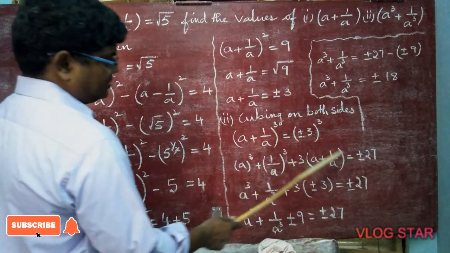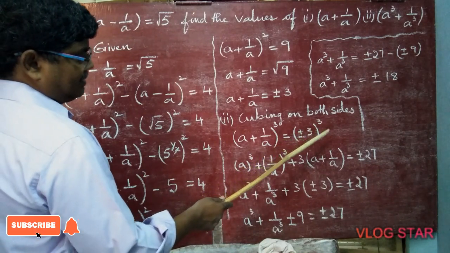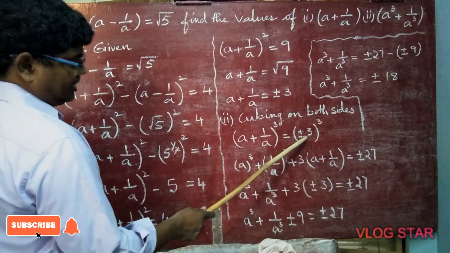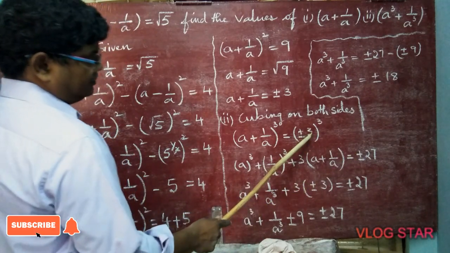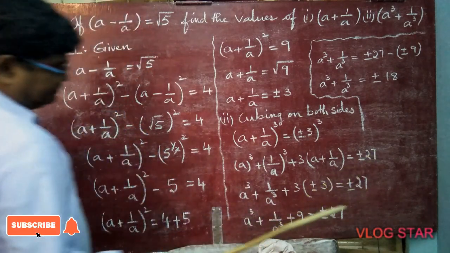Plus into plus, plus only, minus into minus. Here 3 plus times we are multiplying. Plus into plus, plus, again plus into plus, plus only. Here minus into minus, plus, again plus into minus, minus. So plus or minus again it comes. 3 3 is 9, 9 3 is 27.